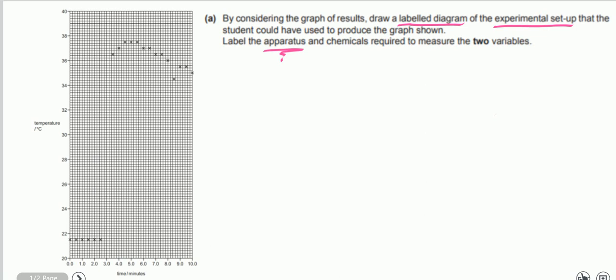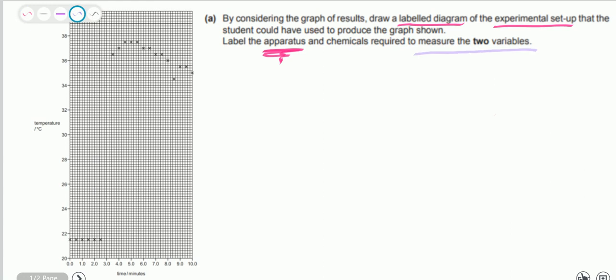Okay, let's start from where we left off. May, June 2017, variant 5.1, question number 1, part A. We have to draw a labeled diagram of the experimental setup that the student could have used to produce the graph shown. The two things we need to keep in mind are which apparatus is being used, and that the apparatus should measure these